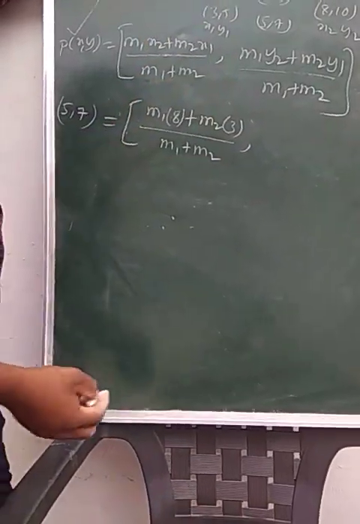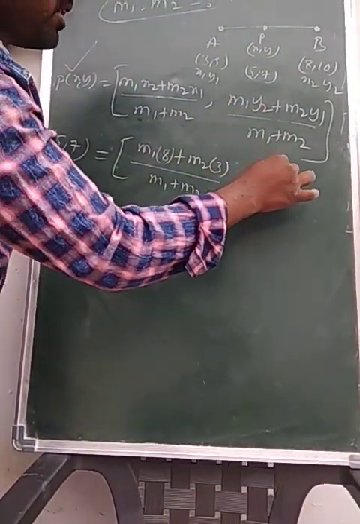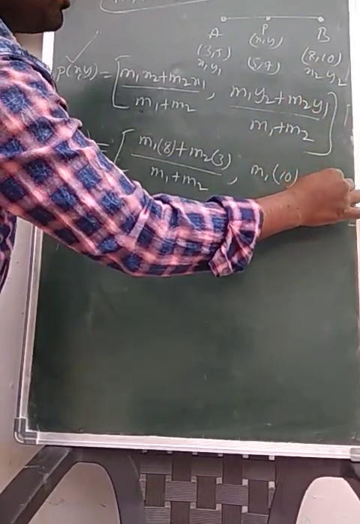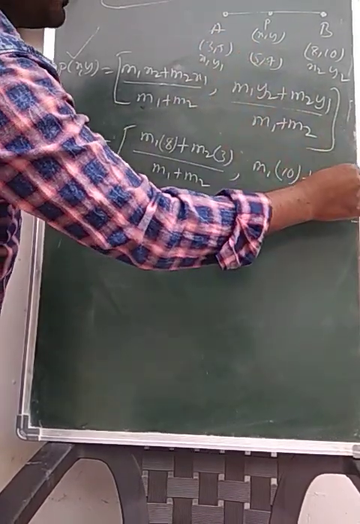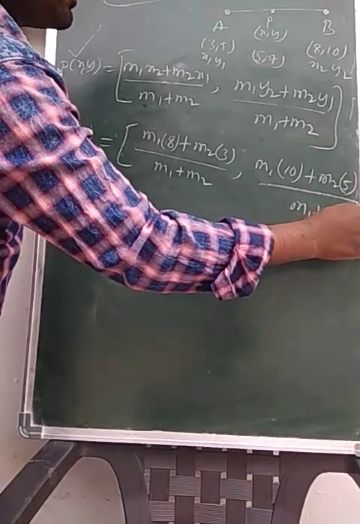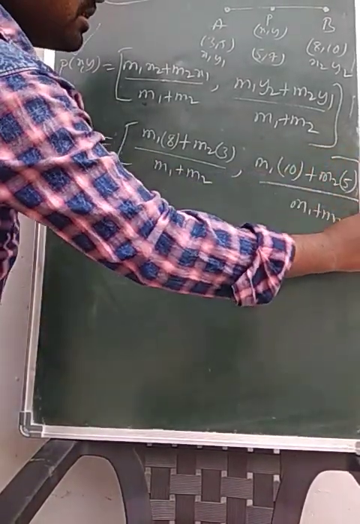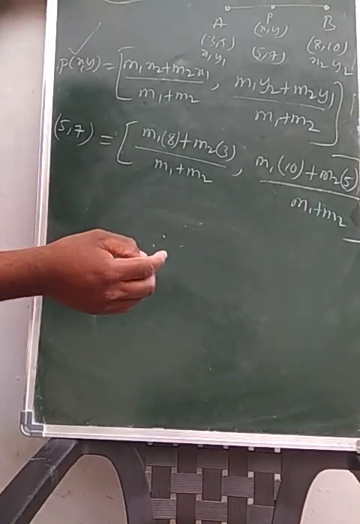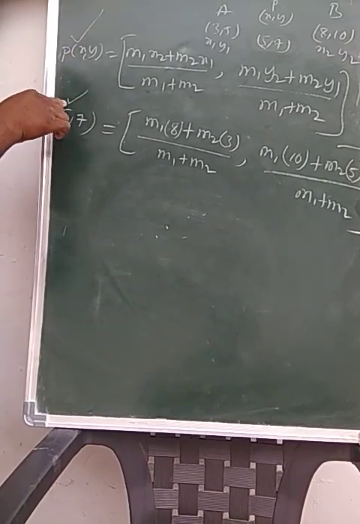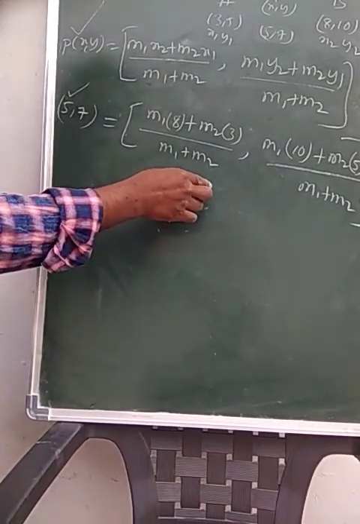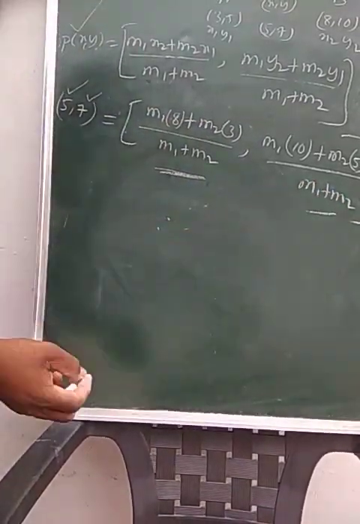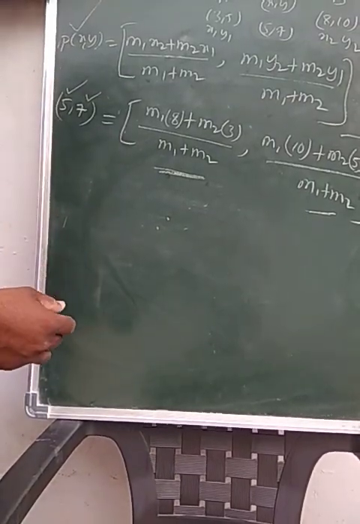Okay, comma next: m1 y2 means the value is 10, plus m2 y1 means that is 5, by m1 plus m2 only. Okay, now what I'm saying, the first x, the value of x is 5, it is corresponding for this part, and the value of y that is 7, it is also corresponding for this part. If you want the ratio m1 is to m2, you take